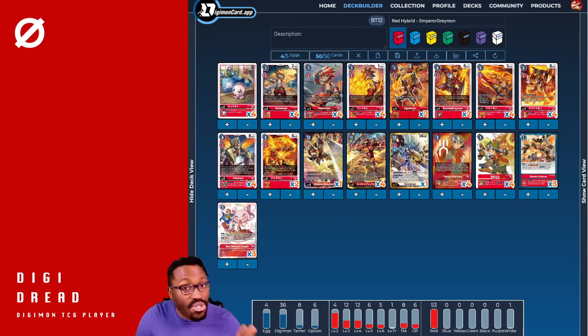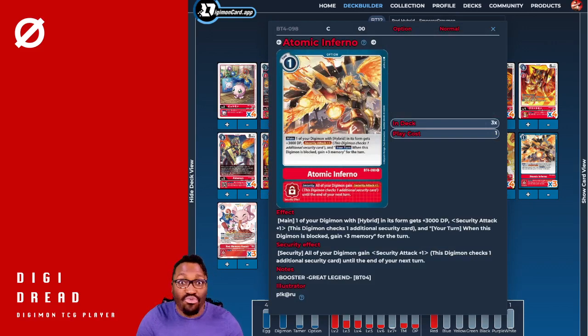So going over to the options, pretty short and sweet here. Atomic Inferno, this card is cracked. Honestly, it's so good. Having this just out of security is just huge. So huge. But first let's go over the main. So main, when one of your Digimon with hybrid in its traits gets +3000 DP, which is huge, and an additional security check. Awesome. And then, if the Digimon was to be blocked, then I gain 3 memory for the turn,